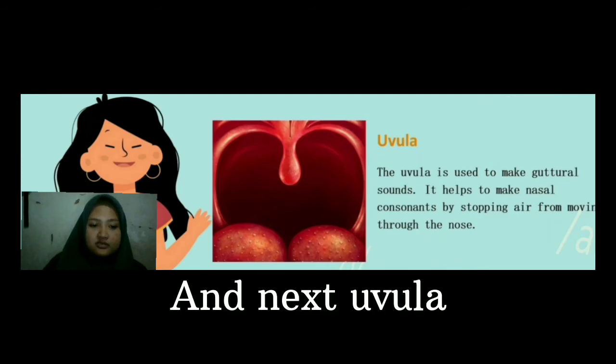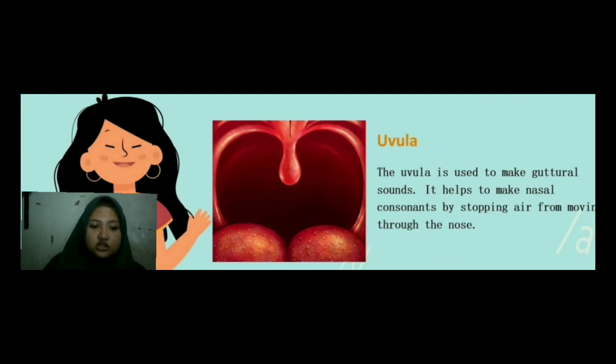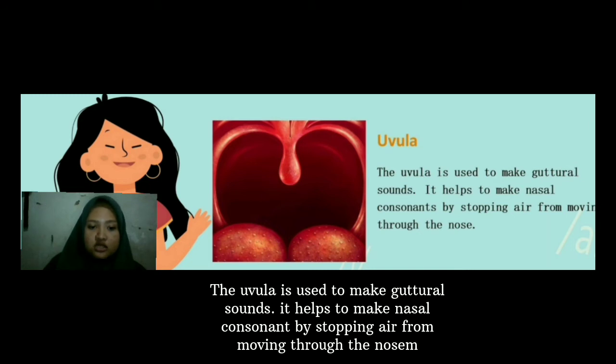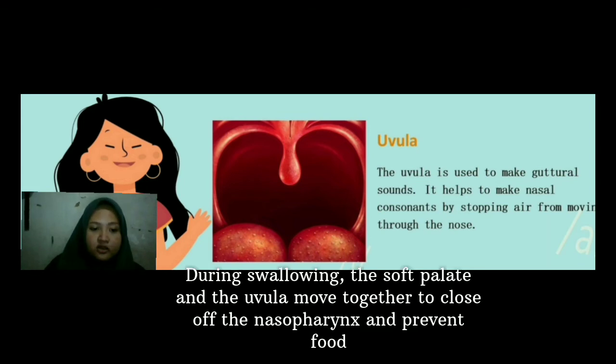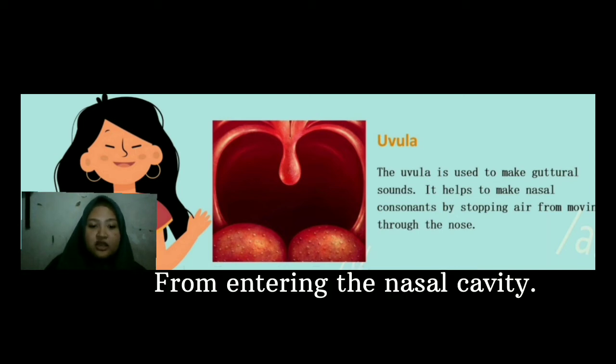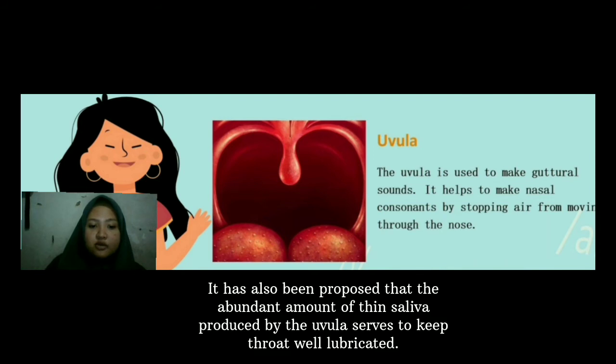And the next, the uvula. The uvula is used to make guttural sounds. It helps to make nasal consonants by stopping air from moving through the nose. During swallowing, the soft palate and the uvula move together to close off the nasopharynx and prevent food from entering the nasal cavity. It has also been proposed that the abundant amount of thin saliva produced by the uvula